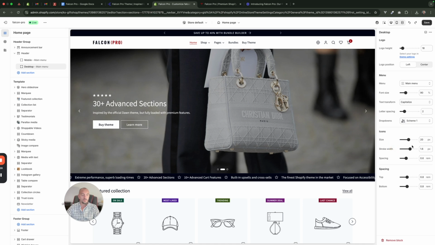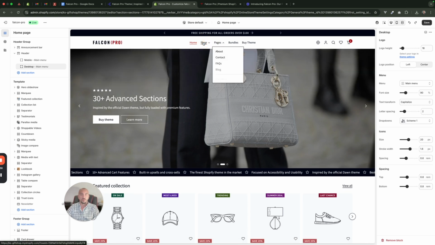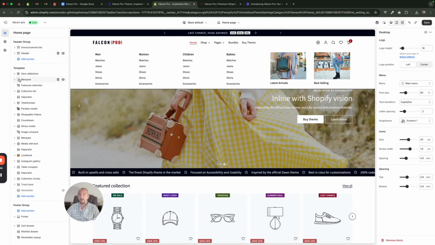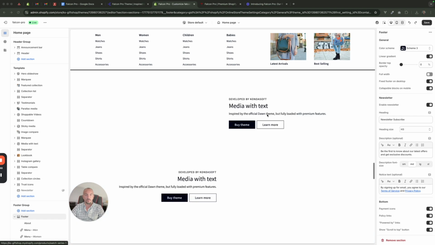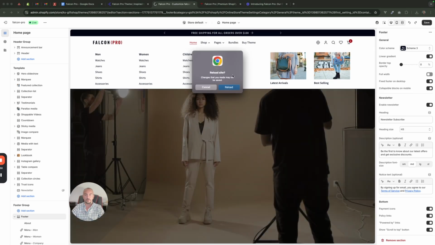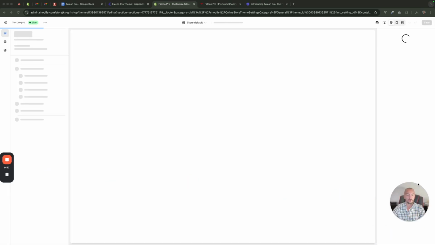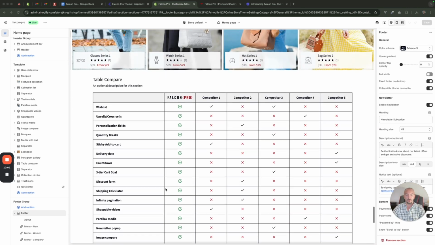Okay, then you have the same settings for the icons here, and the settings top and bottom. Okay, that should be all for the navigation bar or the header. Now let's see the footer. And for the footer, let's refresh the page first so we don't mess up the settings, because we are checking the live theme. So for the footer,